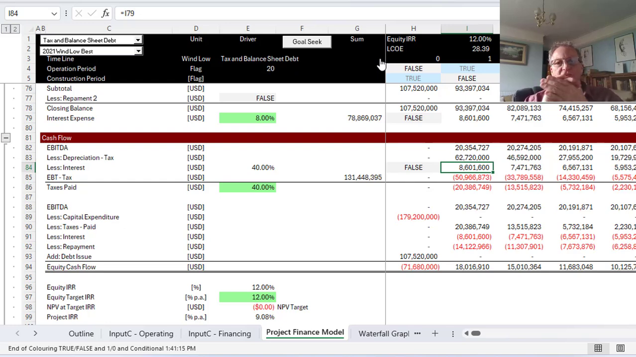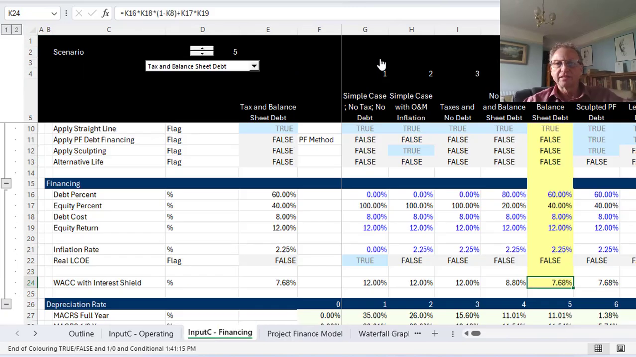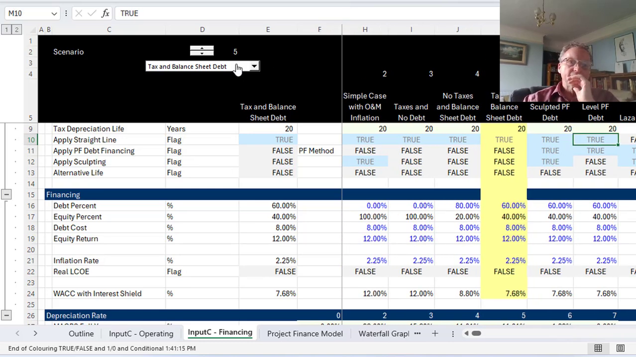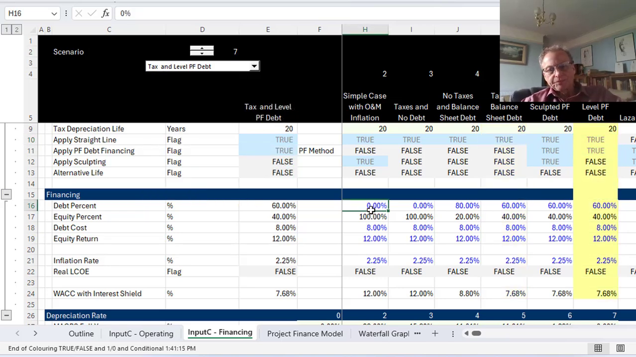It's almost where you could stop. Now, here's what happens. We could also do the sculpted debt. Now, when you do the sculpted debt, how about this? I'm going to skip over that one, and I'm going to go to the level debt. If you look at how Lazard did their analysis,